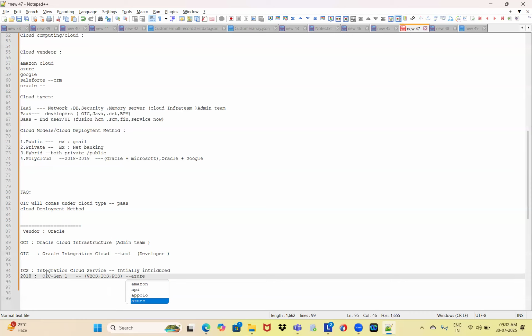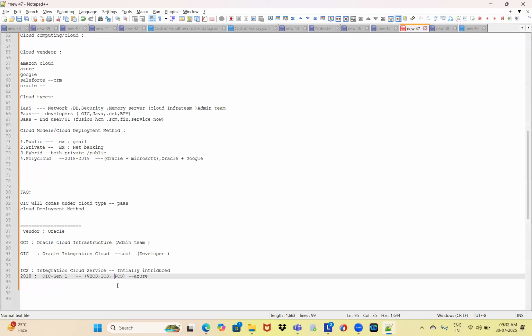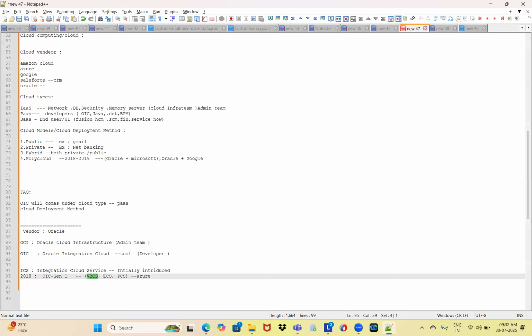They added some features and released the version called OIC Generation 1 in 2018. In that release, these three features are incorporated: ICS is the basic feature, and along with ICS they added VBCS and PCS.